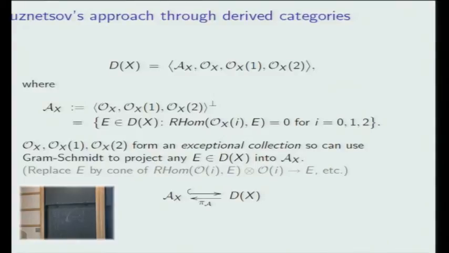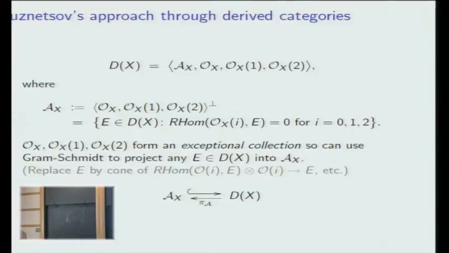Because these are exceptional, they're like an orthonormal collection. If you have any object in D^b(X), you can make it orthogonal to each of these by dotting it. So you take your object E, you dot it with one of these O(i)'s, and you remove that piece. And that gives you some object which is orthogonal to O(i). And you do that 3 times, and you end up in here. Okay, so this is the so-called admissible subcategory. There's a projection, an adjoint to the inclusion. And this category,